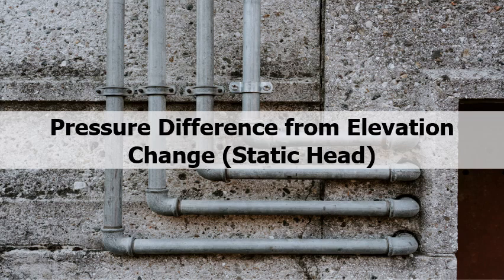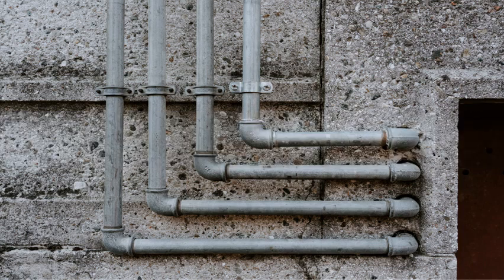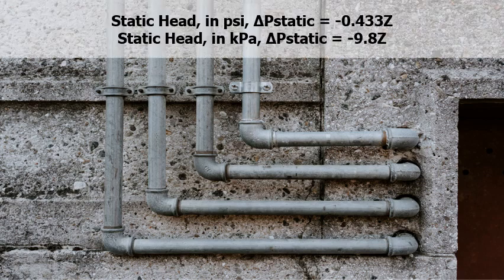As I have said, one type of pressure difference is static head, which is the pressure difference from elevation change. So how do we compute for static head? Static head in PSI, or pound per square inch, is equal to negative 0.433 Z, where Z is the vertical height expressed in feet. Static head in kilopascals is equal to negative 9.8 Z, where Z is the vertical height